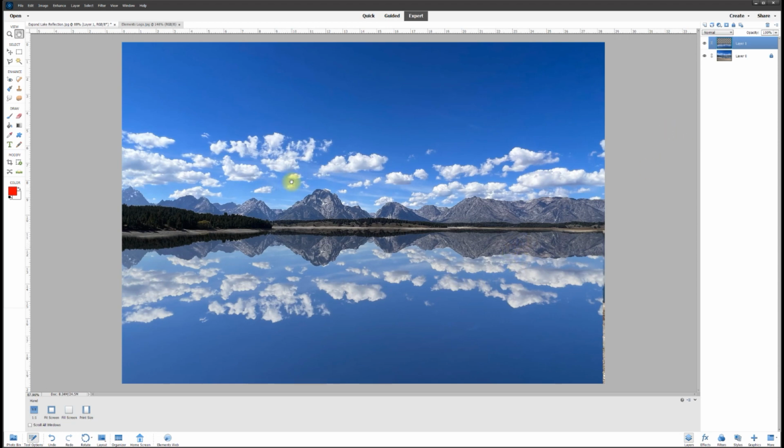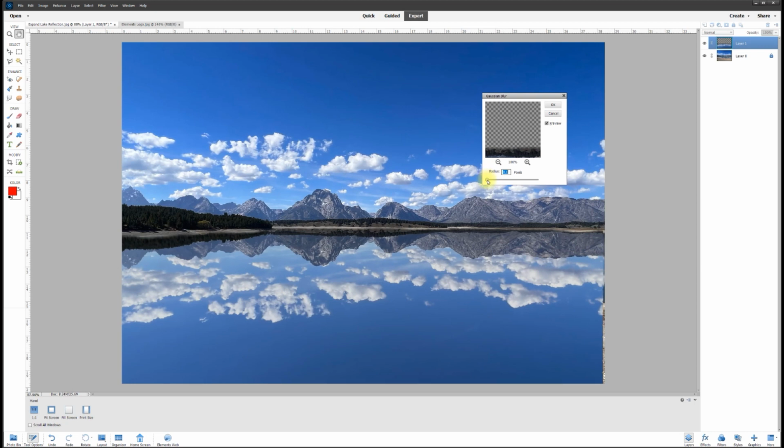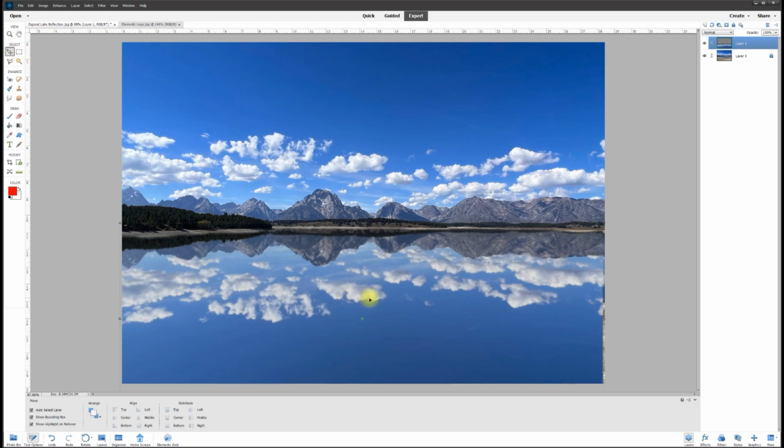So let's go ahead and add some blur. I'll come here to Filter, Blur, Gaussian Blur, and I can add whatever amount I want. And I can go down to 0.1% and bring it up a little bit at a time until I'm satisfied with that. I think right at around 1.7. That looks really natural right there. And we like that. So now we got the whole bottom half of the reflection going on,